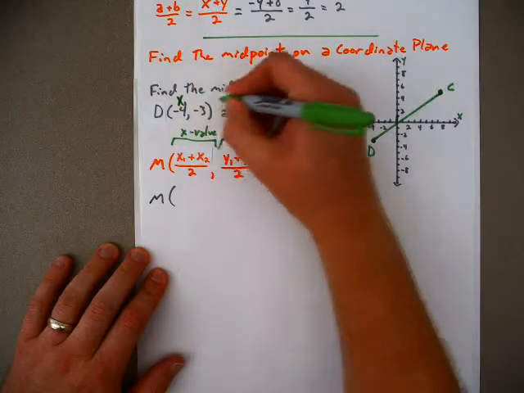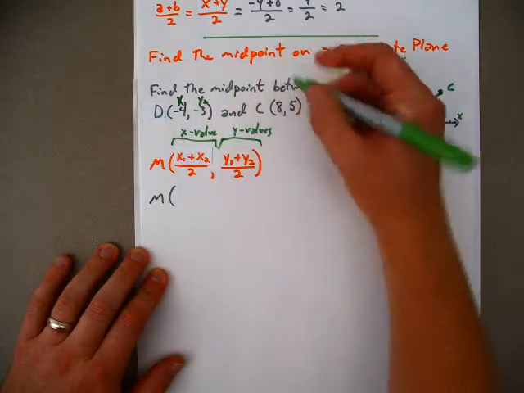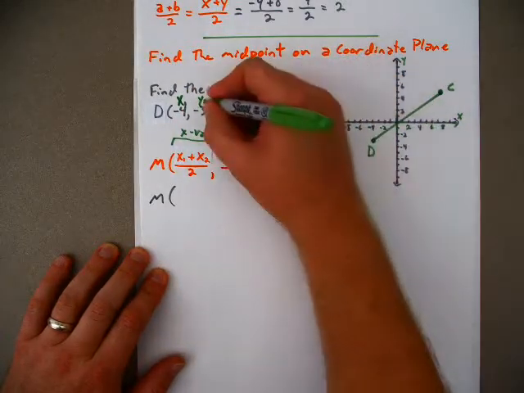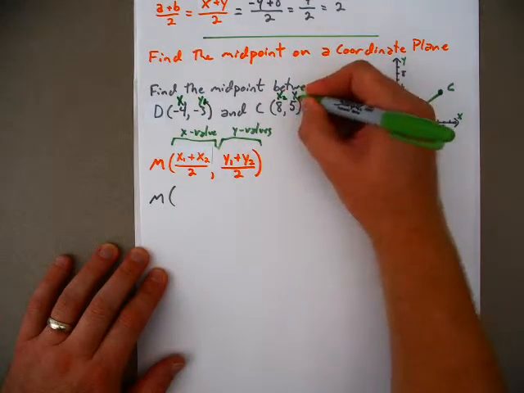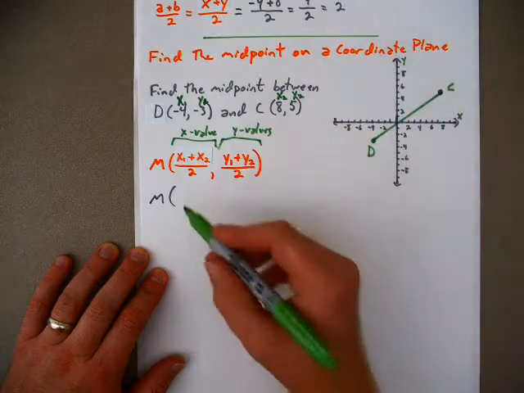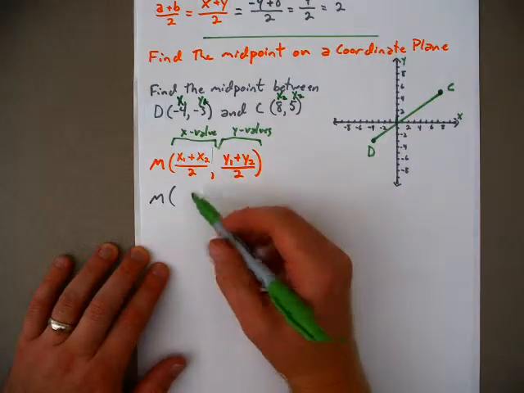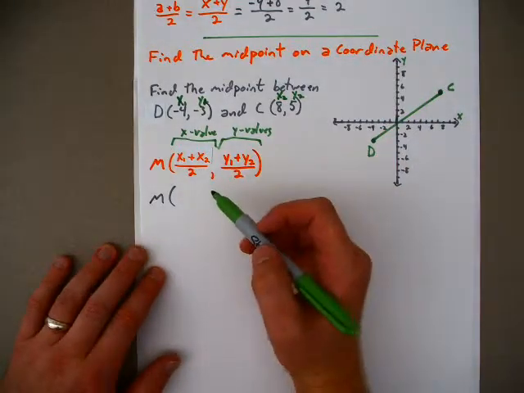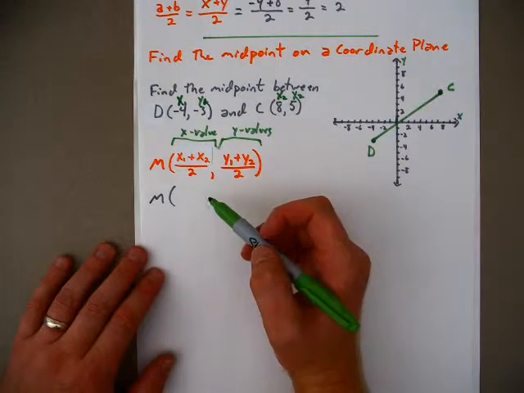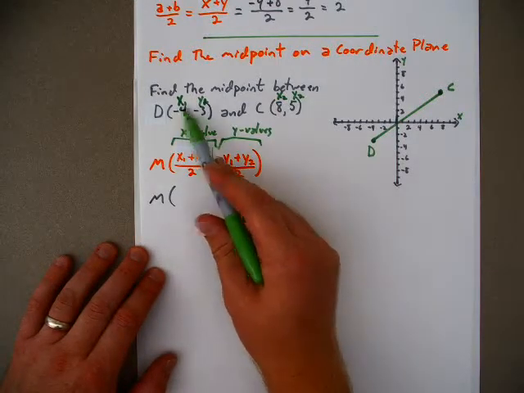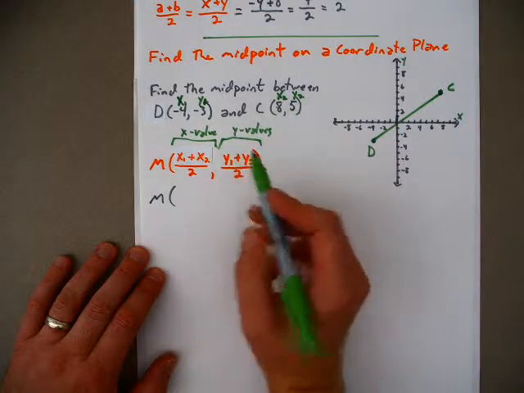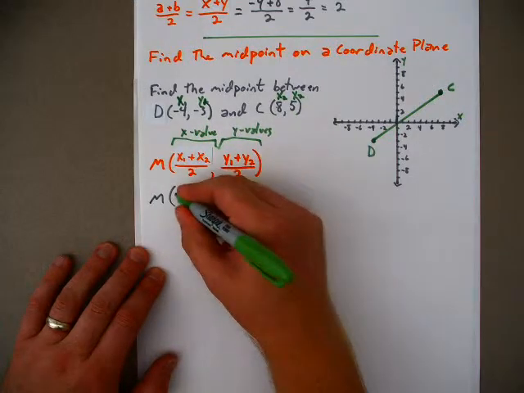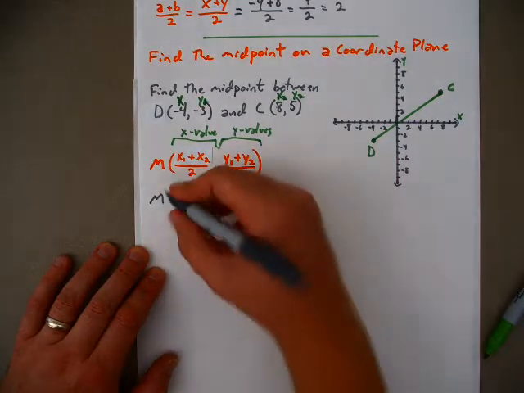We'll call this x2, and that is y2. I'm going to plug in my x values first. What we're going to do is take the average of the x values, and then go back over here and take the average of the y values. So x1 is -4